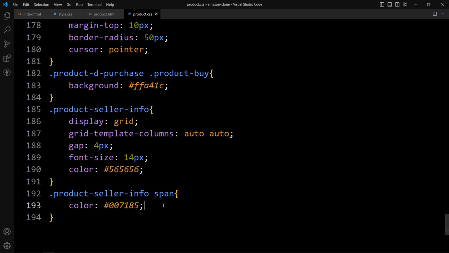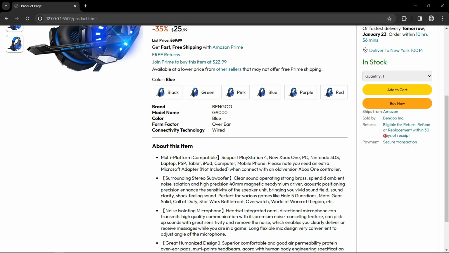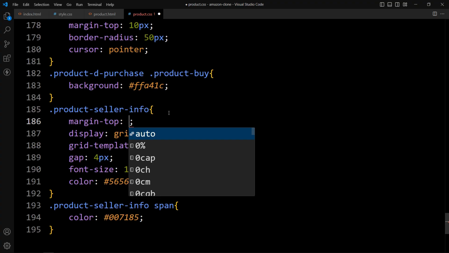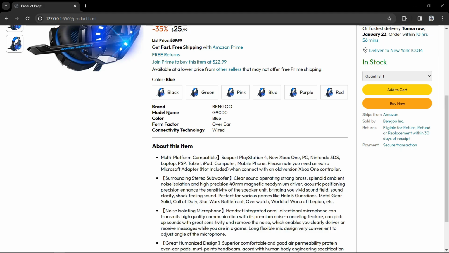Save the changes and open the web page. So you can see it is looking good. We need some space above this text. So let's come back, and here we will add margin top 10 pixel. Now it is good. After that we will add one horizontal line, and then we will display one button, that